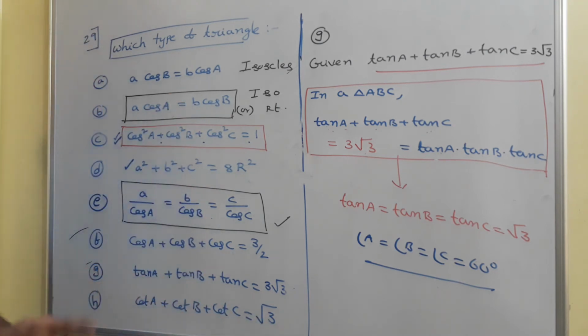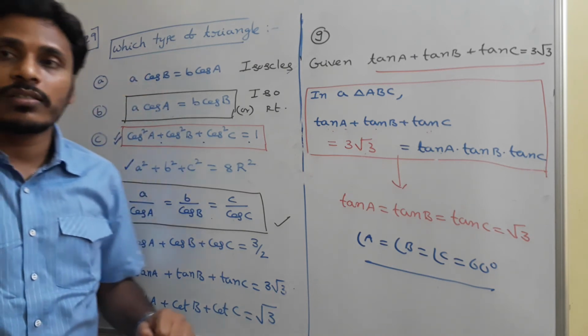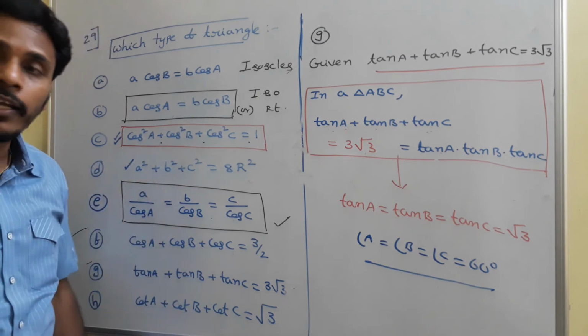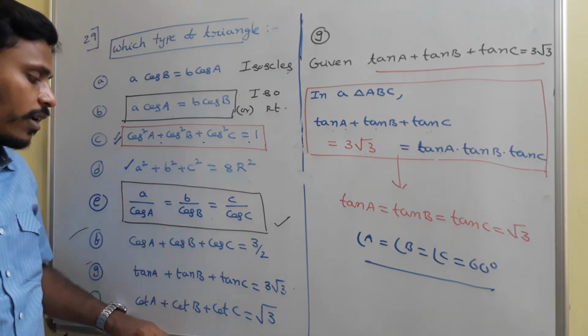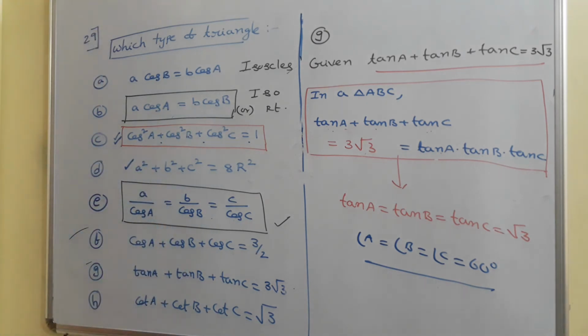Just have a look at the situation. In the first case the triangle is isosceles, in the second case the triangle is isosceles or right angle, in the third case the triangle is right angle, and again it is right angle, here equilateral, and in all three cases again it is an equilateral triangle. Just have a look. In objective questions to answer, it is enough to check or to guess whether the triangle is equilateral or not. Whereas if you go for the board examinations or for the descriptive questions, then only you need to give the perfect proof to show it as equilateral. Okay, right.